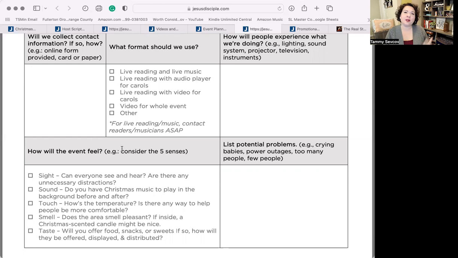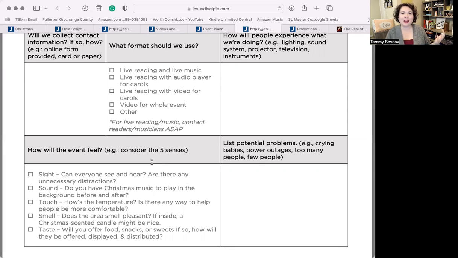It's just that we want to serve people well, and the enemy uses anything he can to distract people. So I would just encourage you to think through the ways people will engage and do your best to serve them well and invite them into an atmosphere that's going to be free of distraction as much as possible.